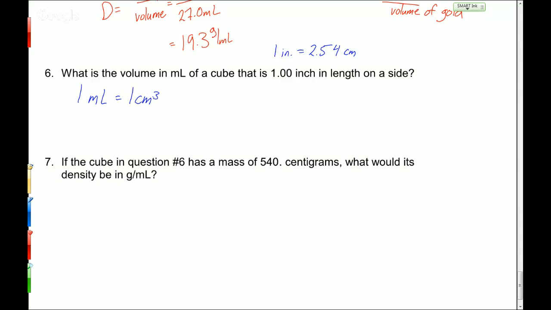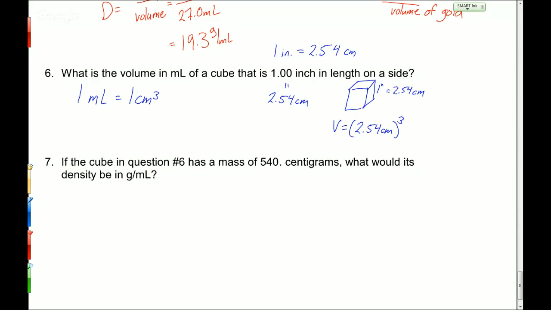And so that way, if we can take 3 sides of a cube or just one side and cube it in centimeters, then we can have milliliters. So we use this equivalence to say, okay, that 1 inch is the same as 2.54 centimeters. So a cube, I can draw a decent cube here, that is 1 inch on a side is also a cube that is 2.54 centimeters on a side. So the volume of that cube is